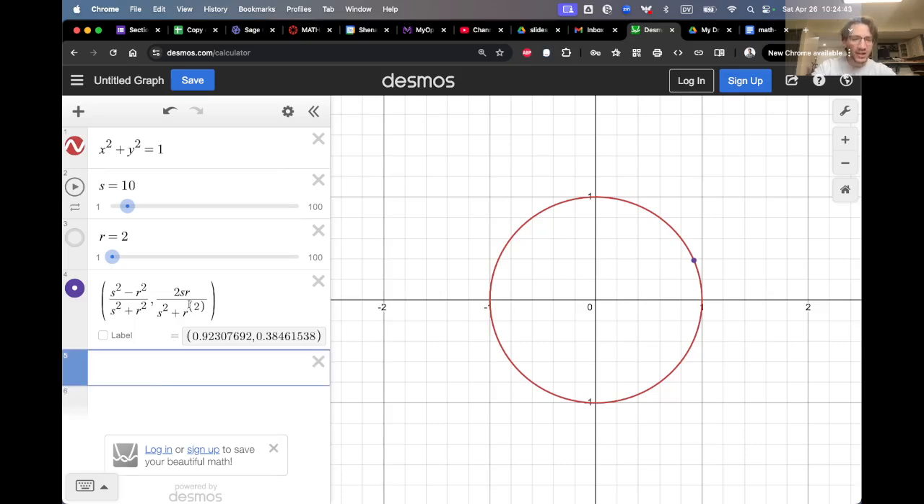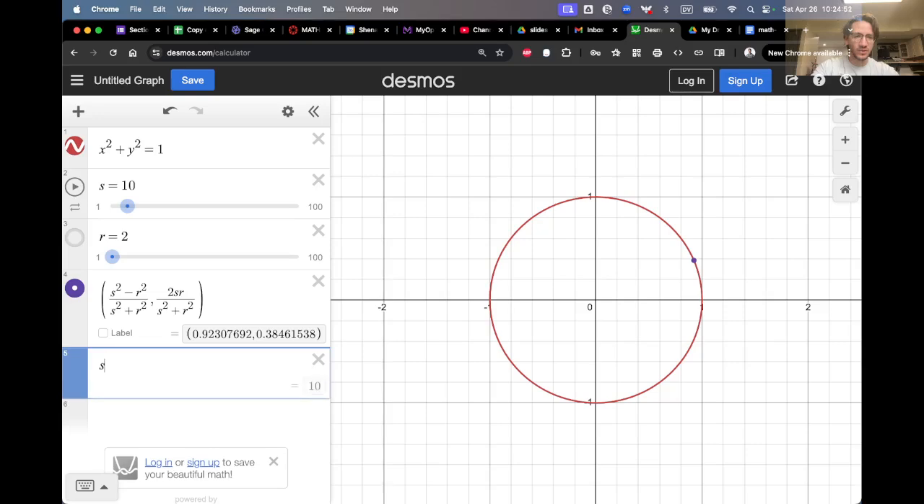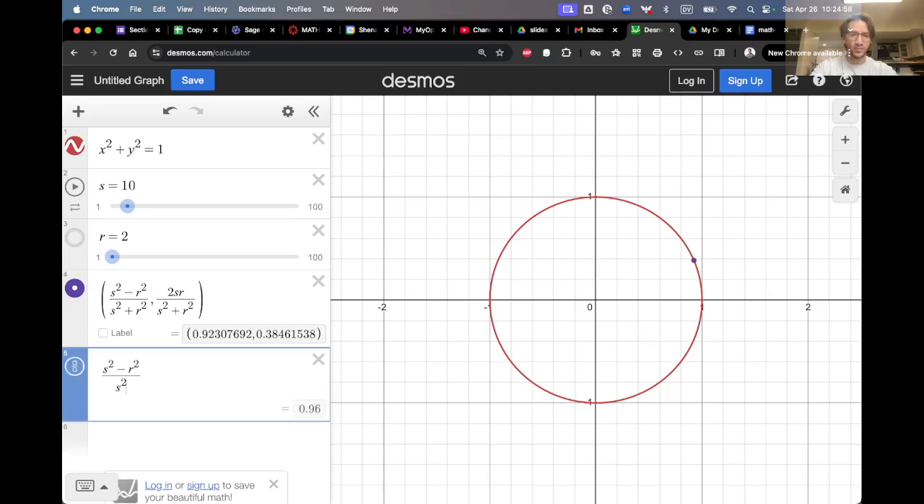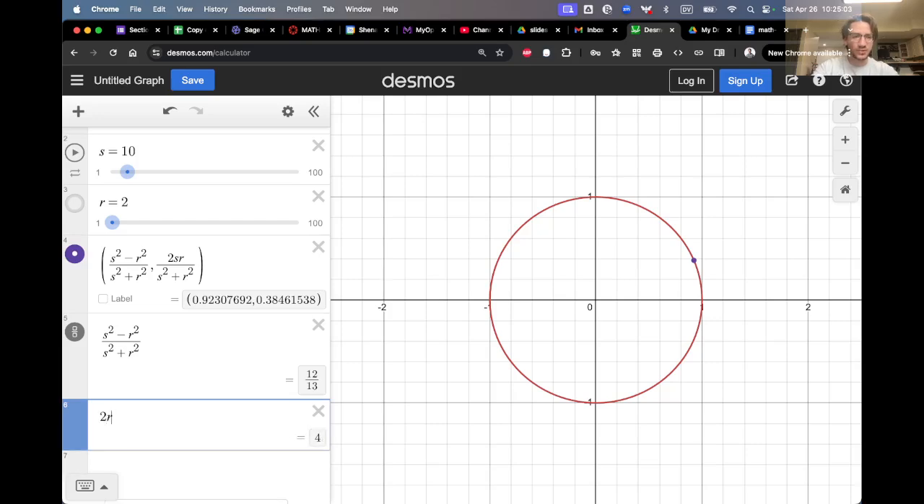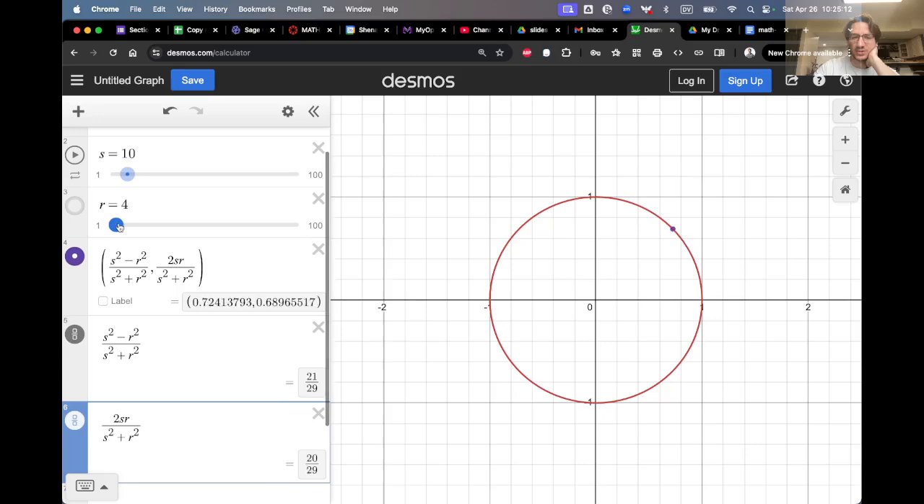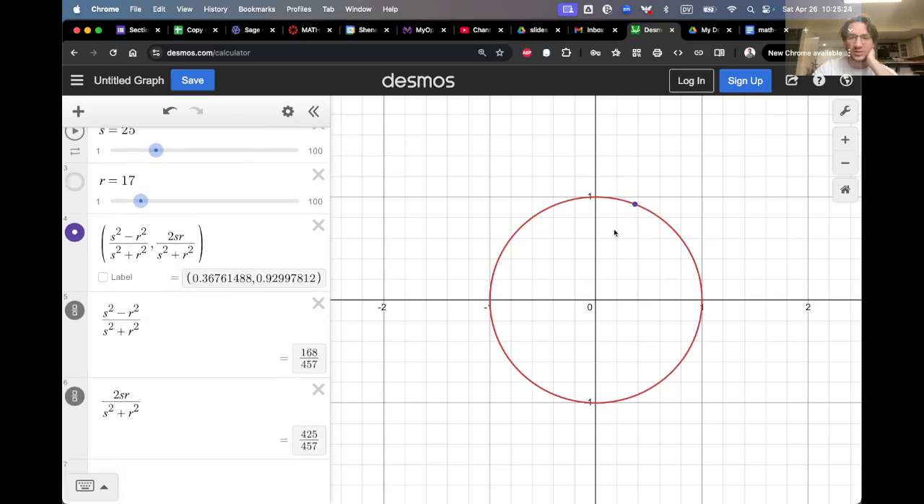And because s and r are integers, then these coordinates, s squared minus r squared over s squared plus r squared, are rational numbers. 2sr over s squared plus r squared gives me 12 over 13, 5 over 13 lies on the unit circle. 8 over 17, 15 over 17 lies on the unit circle. There we go. We get a bunch of different rational coordinates on the unit circle, which is very, very cool,